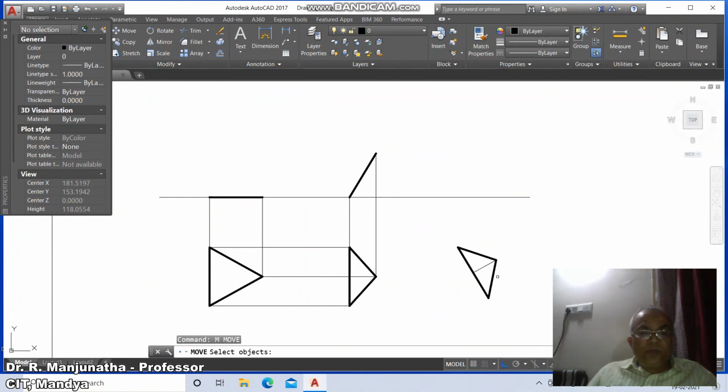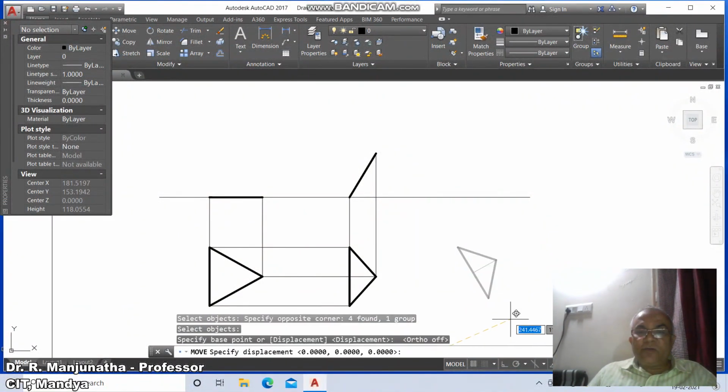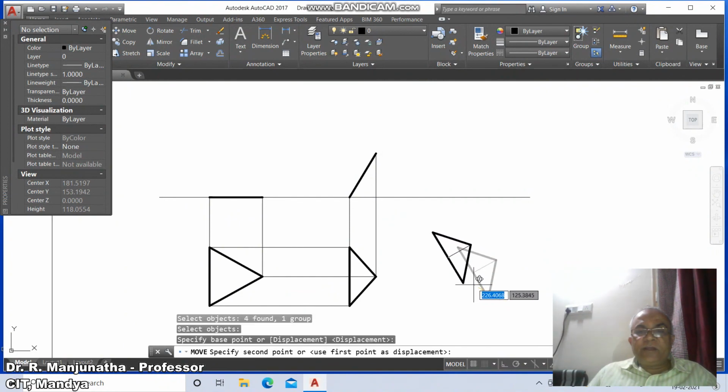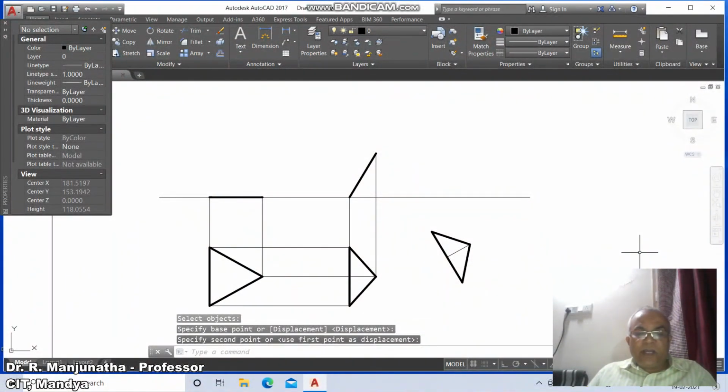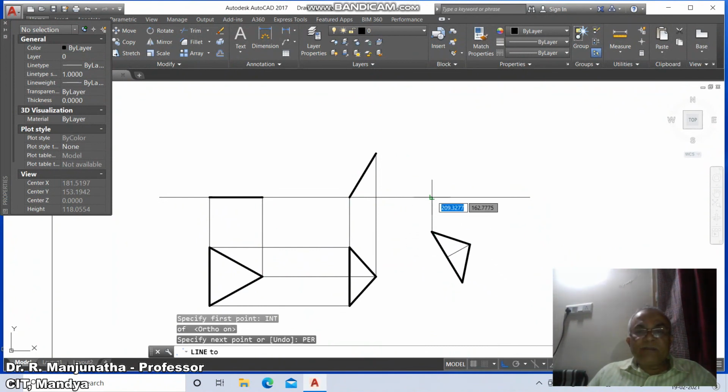Now then go to move, select this, switch off the ortho mode and place it wherever you want. Then go to line, draw a line from intersection part of this and perpendicular to this.